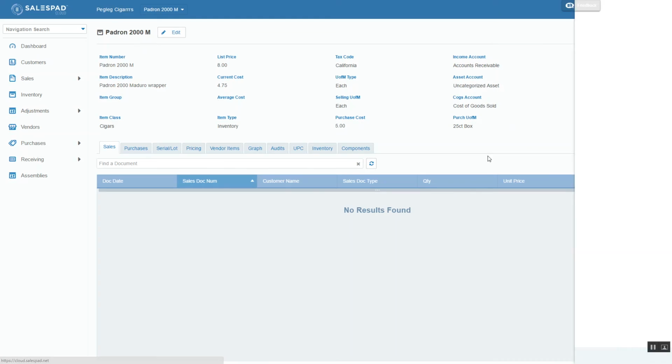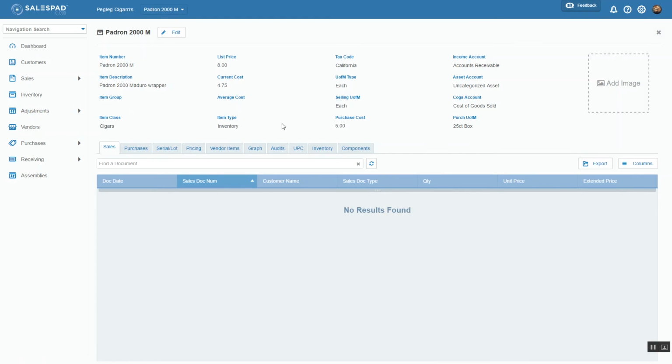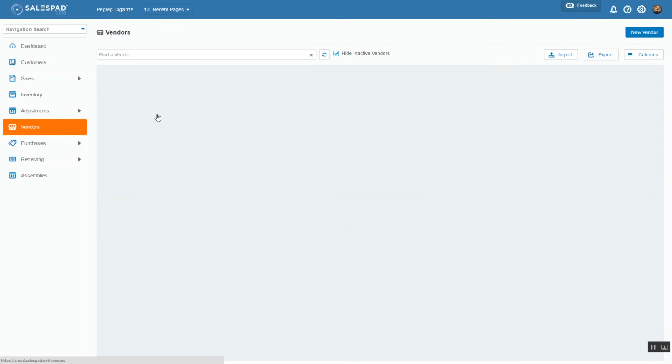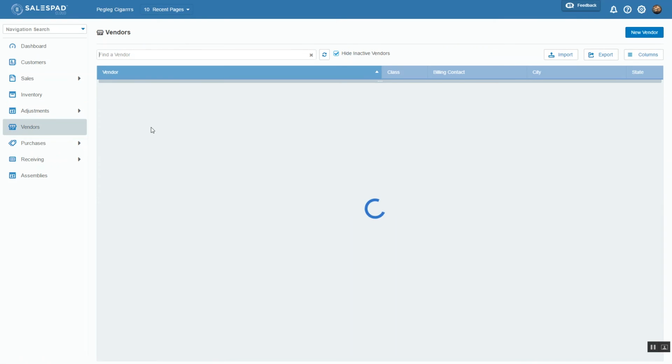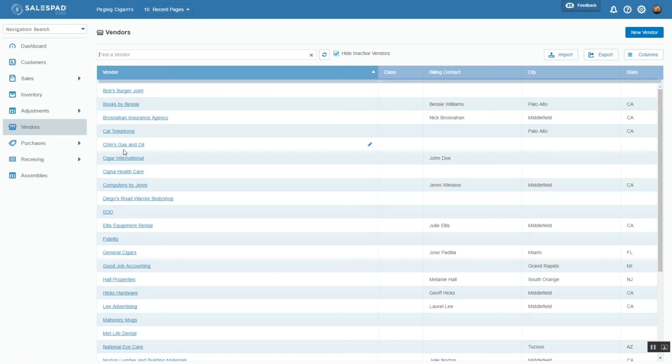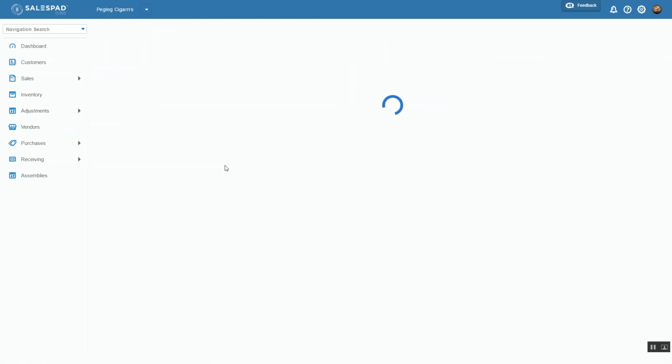So I'm going to go ahead and close out of my setup screen. And again, we're back to my item card that we reviewed a few minutes ago. And again, I can see all of this information across the top of what I set up for this item. At this point, I can now put this item onto a purchase order, purchase it from my vendor. If we go look at Cigars International, who is the vendor that I specified for this item, we will have that item listed under their vendor item tab